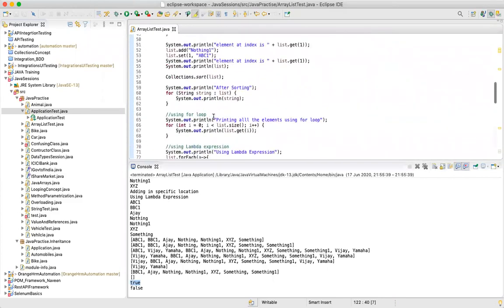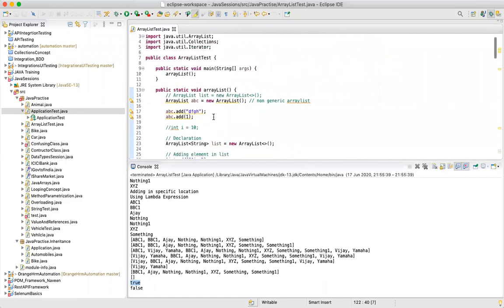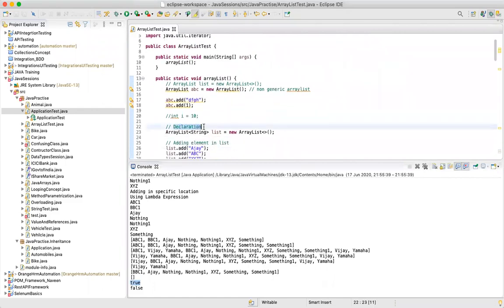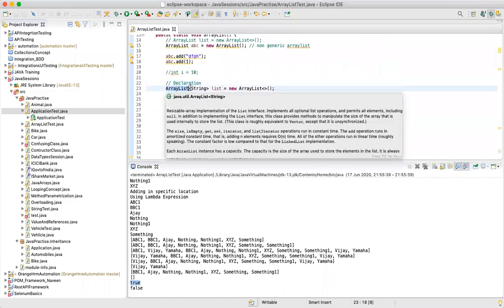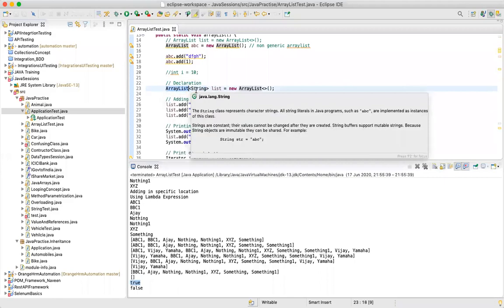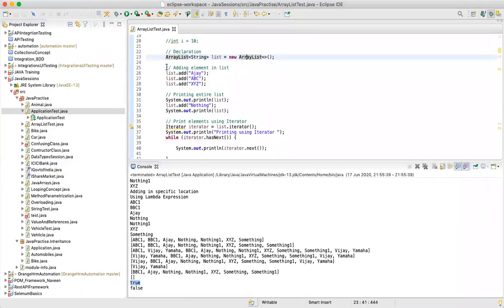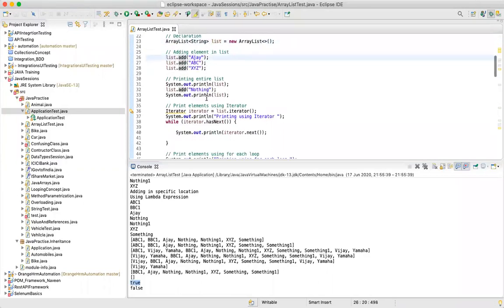Okay, guys. There are a lot of things I think we have covered today, the entire array list, and the session was also too long. We have covered array list declaration. How do you declare an array list? You have to define the data type, string or integer, then the variable is equal to new ArrayList. You can add elements into an array list using the variable name dot add, and you can pass the values. If you want to print the entire list, simply pass the name of the list.